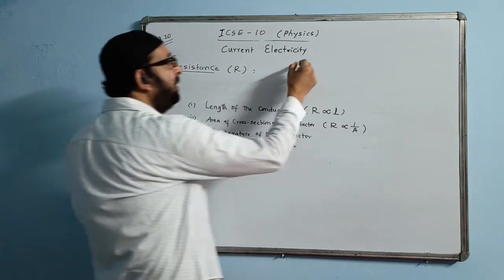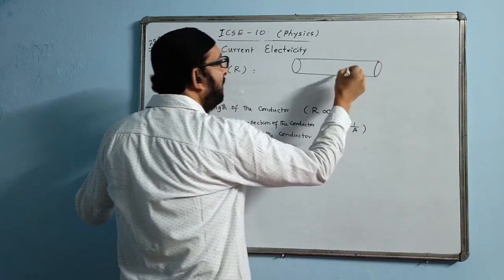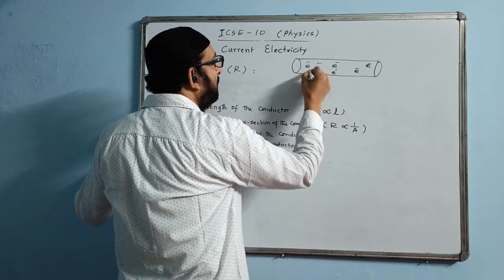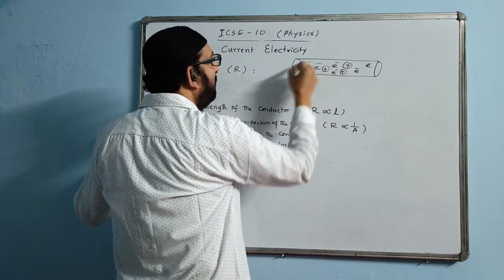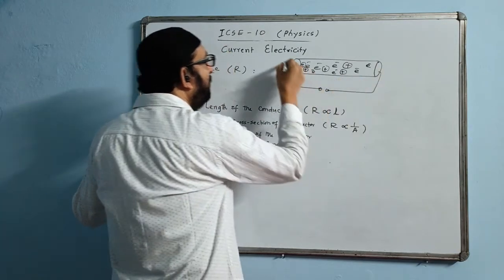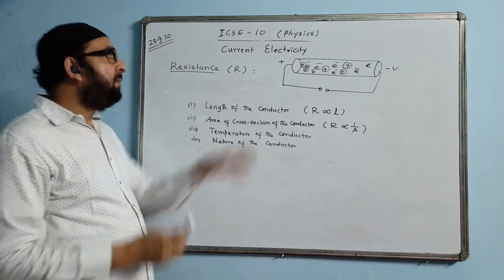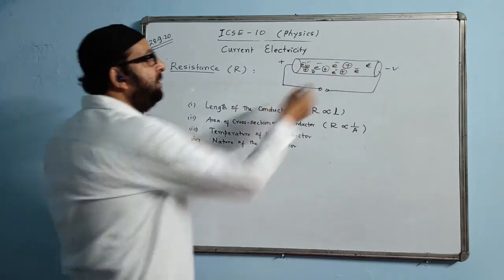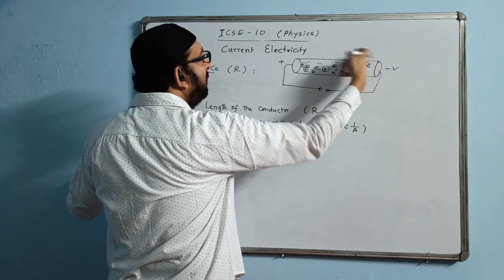For example, I show you a diagram here. We will be having a conductor here. Conductors will have electrons. These are electrons. And there will be fixed ions, positive ions. These ions are solid ions, not moving. And we will be applying voltage. One side we normally apply positive voltage, one side we apply negative voltage. When we apply positive potential here, the positive attracts the negative. Electrons will start moving like this because positive attracts the negative. Electrons are all negatively charged.